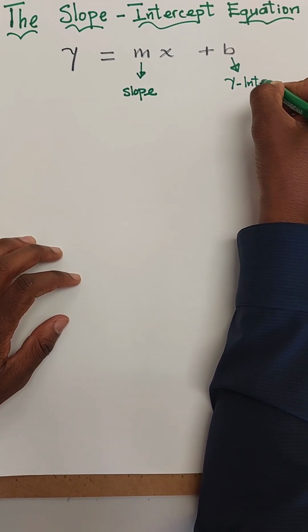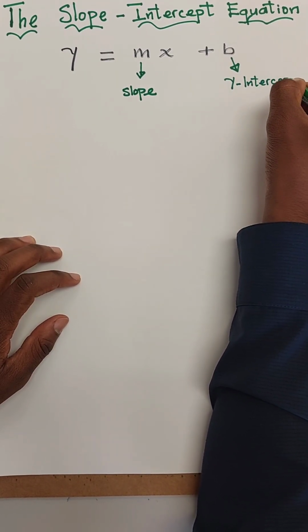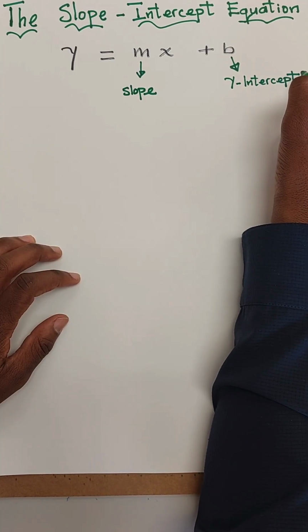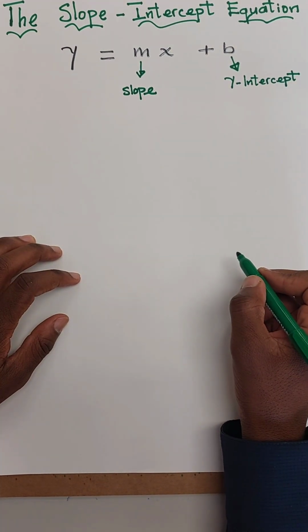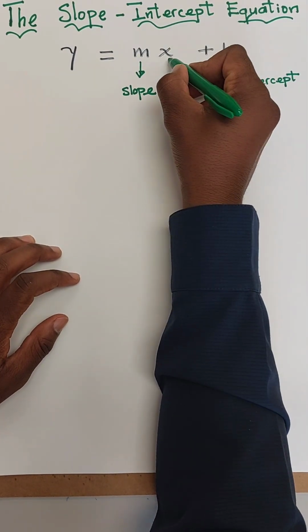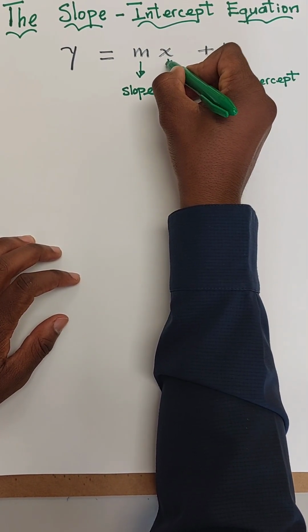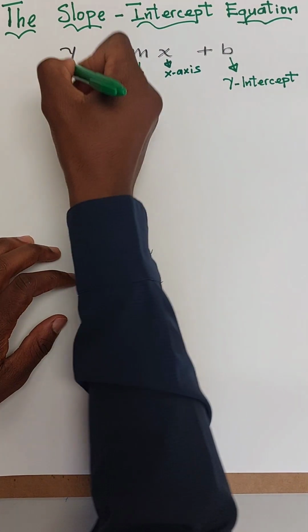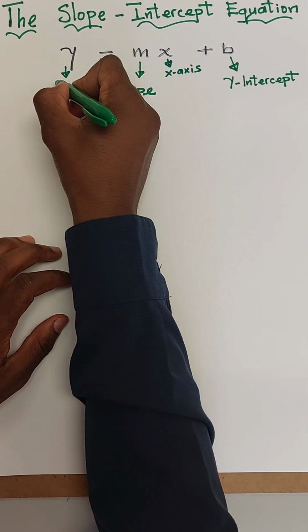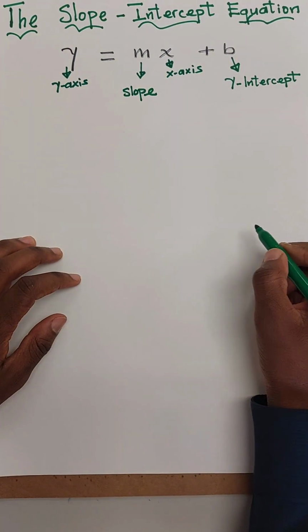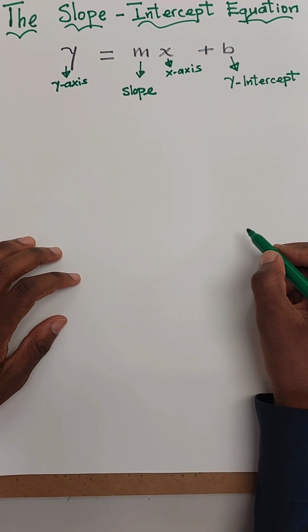The y-intercept helps to tell you where the line will intersect the y-axis. So this x here is any general point on the x-axis, and this y represents all the points on the y-axis as well. That said,